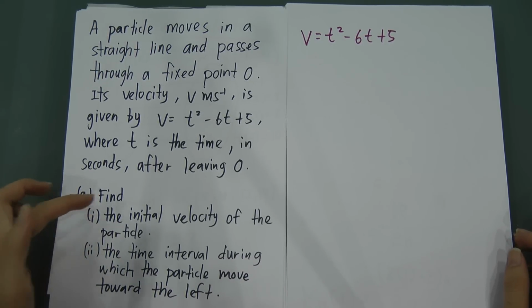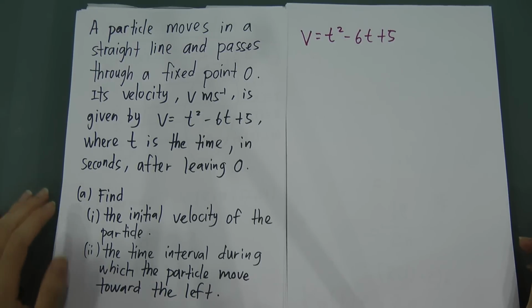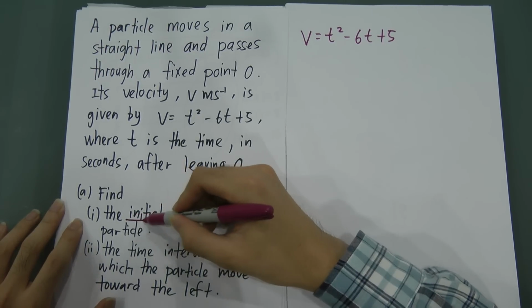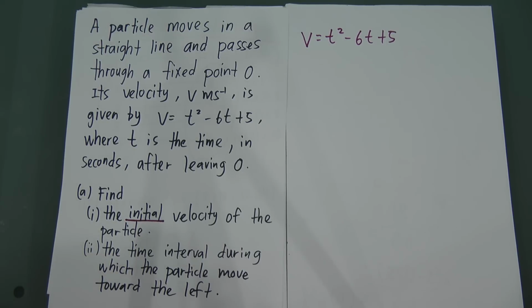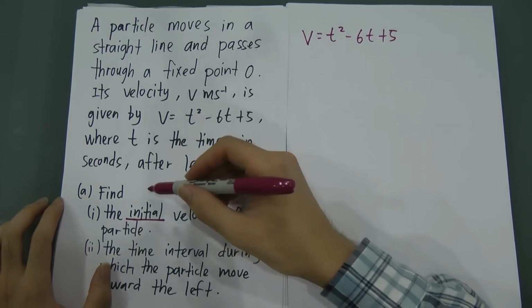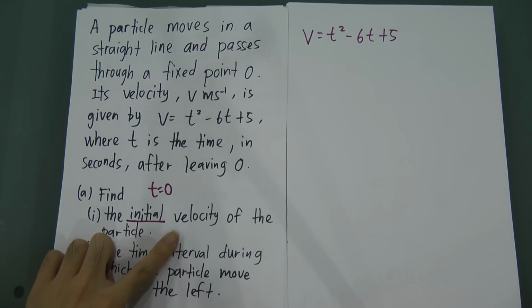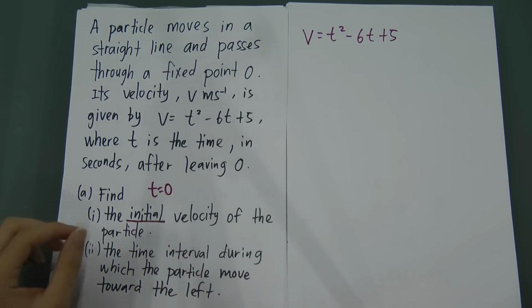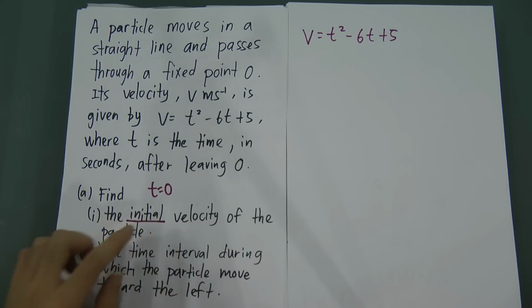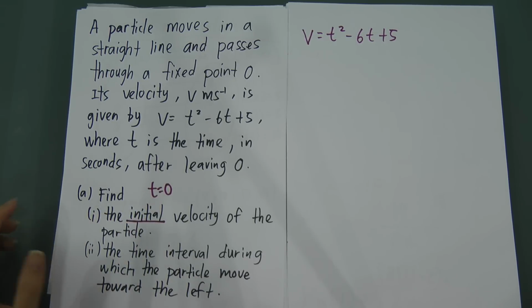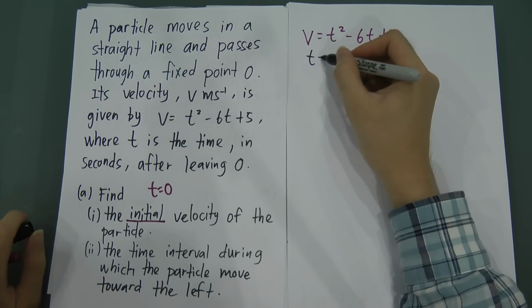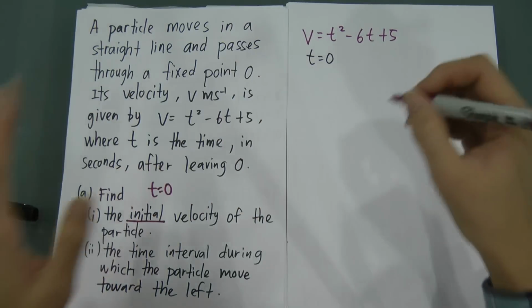Part 1 says find the initial velocity of the particle. When you see "initial" here, the first thought in your mind should be t equal to 0. Initial velocity means he wants to find, when time equals 0, what is the velocity. So therefore I make a remark here: when t equal to 0, v will equal to